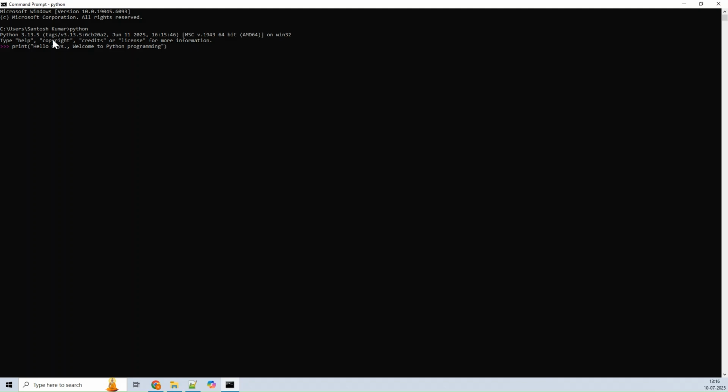So this is what I just want to print. Okay, I'm not removing anything. You just need to add brackets here, and you can see this got printed.